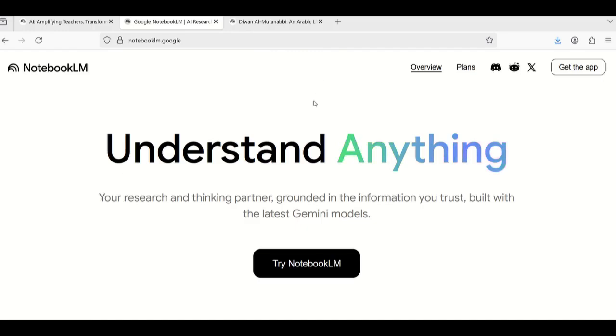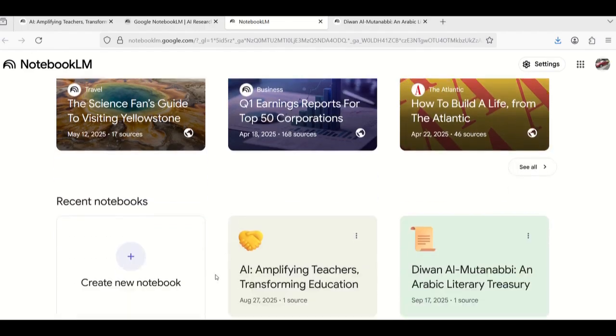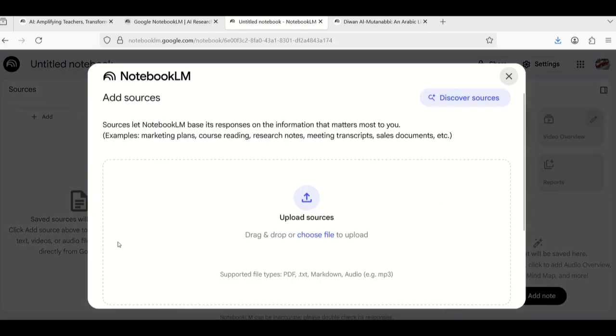Now, you're going to have to use your Gmail accounts, school Gmail accounts, personal Gmail accounts, whatever you prefer, no issues at all. Then you click on Try NotebookLM, and it will take you directly to here if you're already signed in. But if you have not signed in on this browser yet, then you have to sign in in order to see this page. Okay, so what you do is you create a new notebook, and then it's going to take you